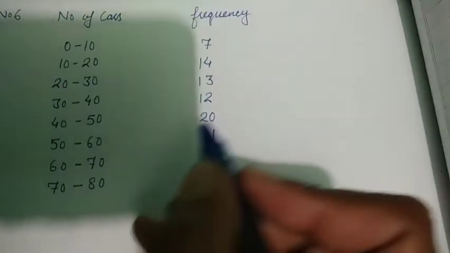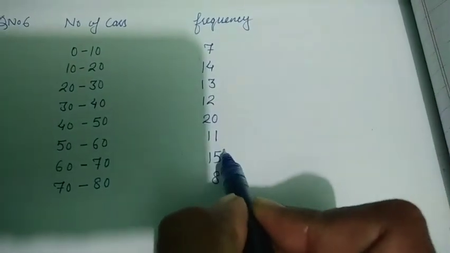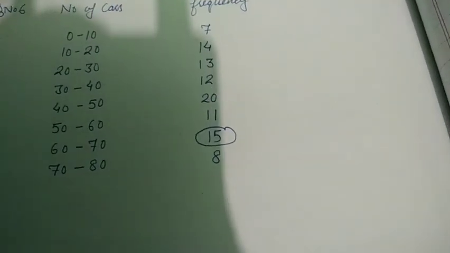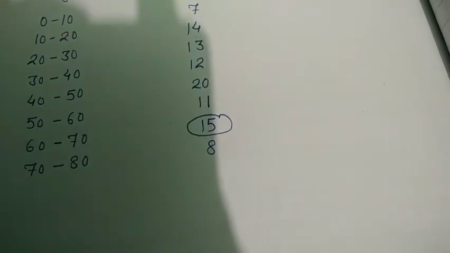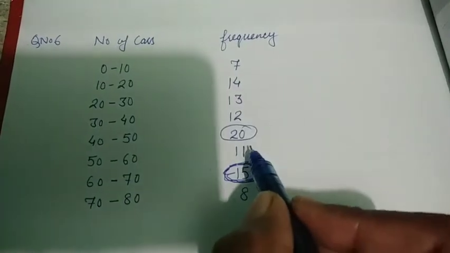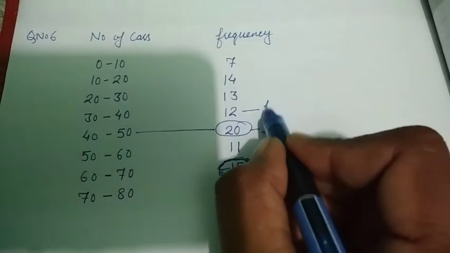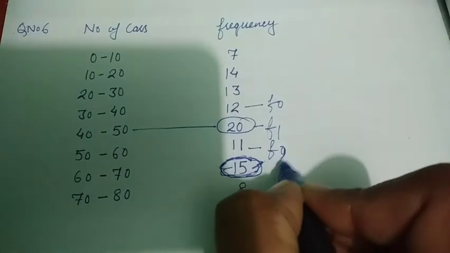Now let us move toward question number 6. And question number 6 again, see the highest frequency, highest number here. I can see that the highest number is 15 here, right? Highest number I can see is 15, so the modal class will be 62, 70, 15, no, the highest is 20, sorry, not 15, it is 20. Here you can see that the highest number is 20, so the modal class will be this one, and the highest frequency is F1, the frequency previous to this frequency is F0, and the frequency after this frequency is F2, right?